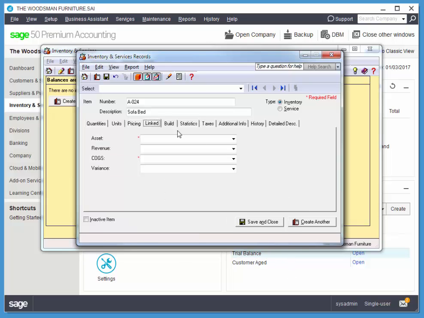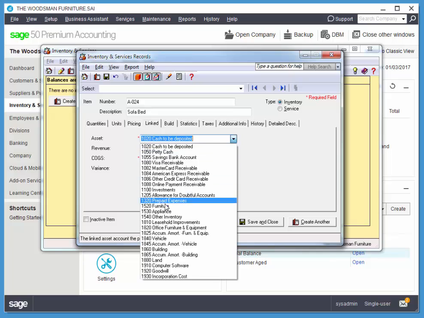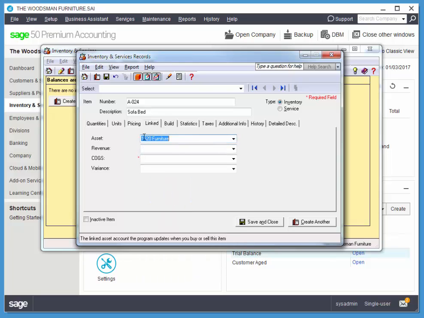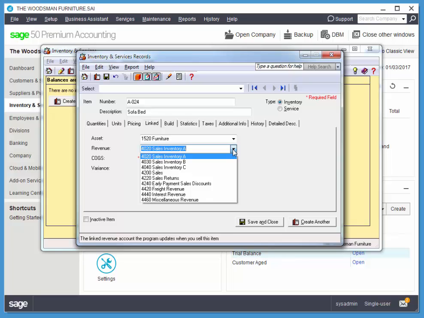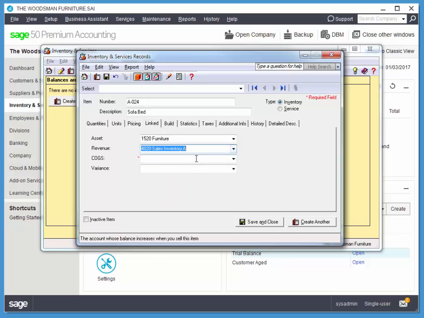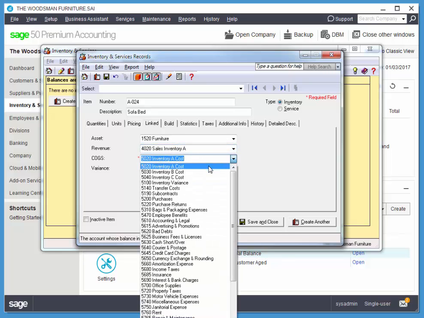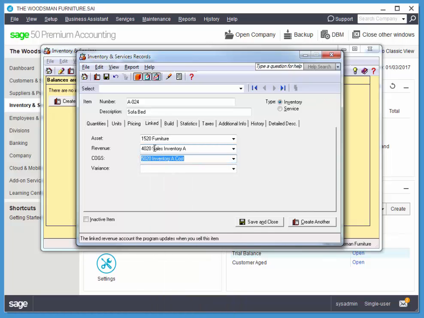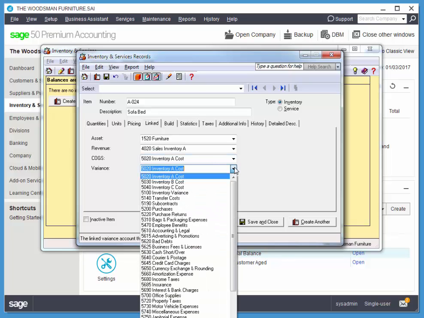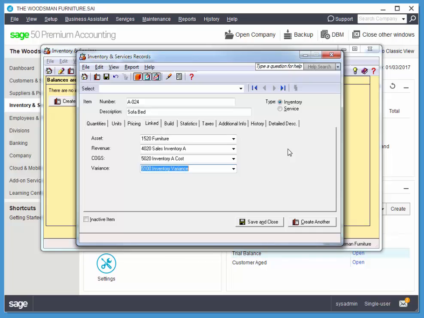And linked, so again, the asset linked is the general ledger account I just added a balance for. So that has to match the balances of all of the inventory items that use 1520 as a linked asset account. And if you've already modified your chart of accounts, it'll actually say sales, furniture, inventory, furniture. And variance, we're going to use 5100 for all of our inventory items, I should say. And then under